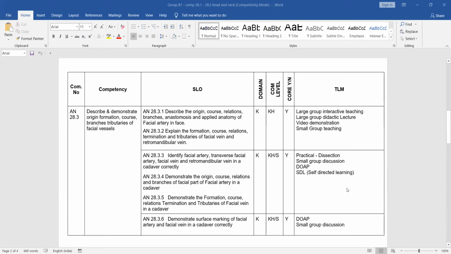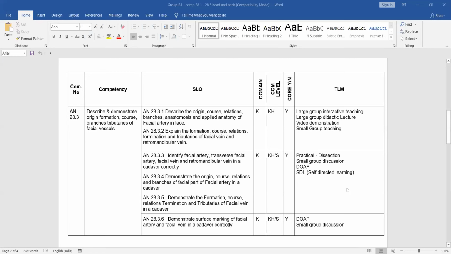And fourth SLO is demonstrate the origin, course, relations, and branches of facial part of facial artery in a cadaver. Demonstrate the formation, course, relations, termination, and tributaries of facial vein in a cadaver. And here the domain is knowledge and competency level is knows how and shows, and it is a core competency. And the various teaching learning methods for these SLOs are practical by dissection method and small group discussion, DOAP, and